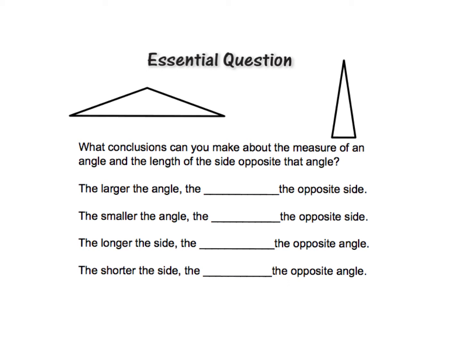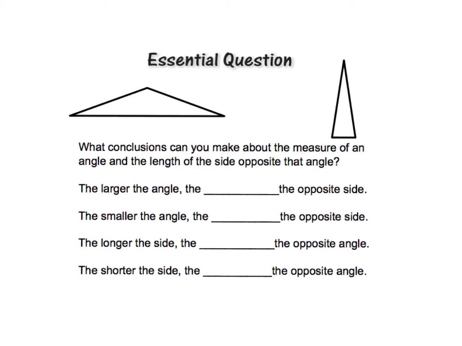Okay, so today's lesson is going to include some information about triangles and specifically about inequalities in triangles. So let's start with some logical information that you probably could figure out intuitively. As we look at these two triangles, we have an obtuse triangle and an acute triangle. What conclusion can you make about the measure of an angle and the length of the side opposite of